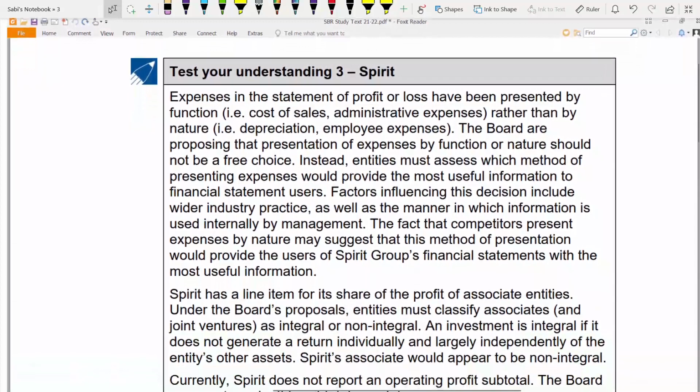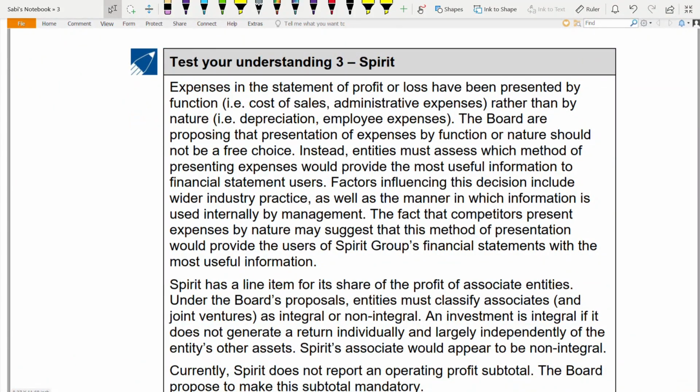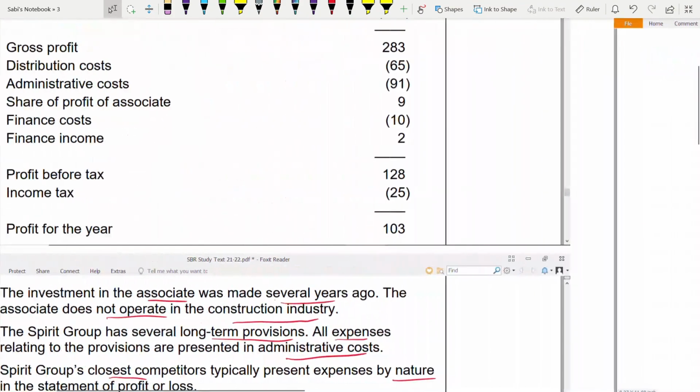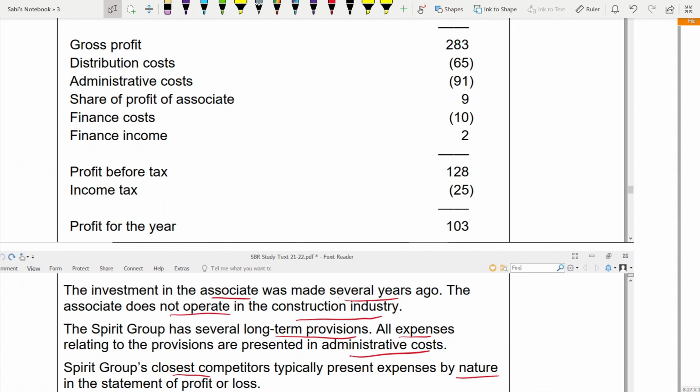Looks very hard, right? Especially when it comes to specific standards like IFRS 9, we know these are the rules, so we go by the rules. What about exposure draft? What about management commentary? What about practice statements? What about this type of questions? How do you deal with this? Here also we have very specific things. For example, when they talk about exposure draft, it is not talking about the whole exposure draft. Not all the aspects of the exposure draft you have to answer. You only have to answer relating to the expenses, how they are presented.